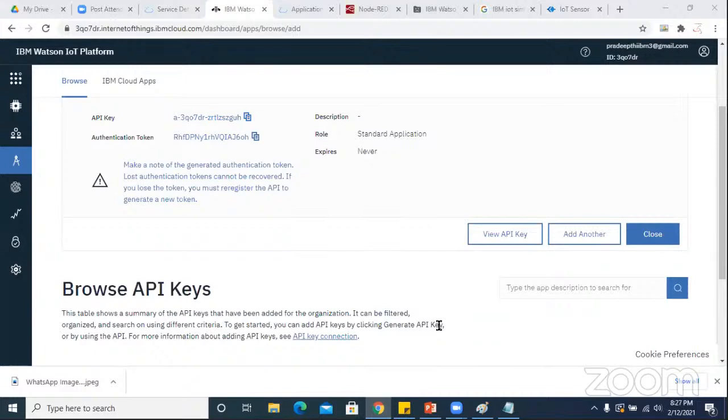Have you created your API keys? Yes. So please save them, because we're going to use that API key as well as the authentication token on the Node-RED IBM